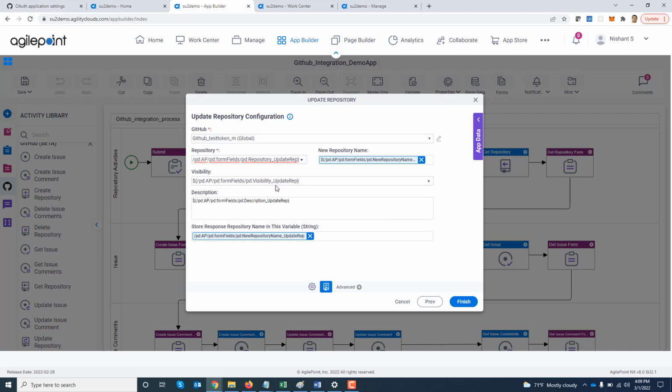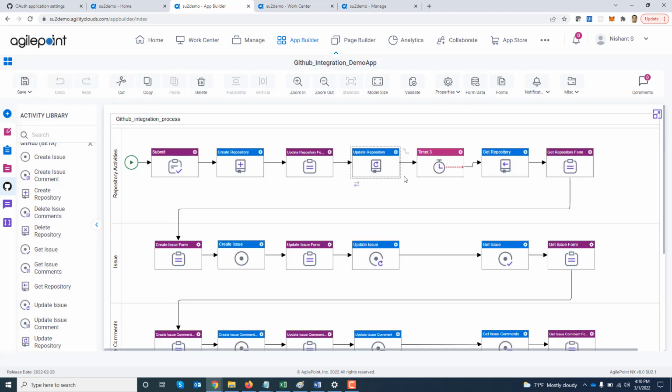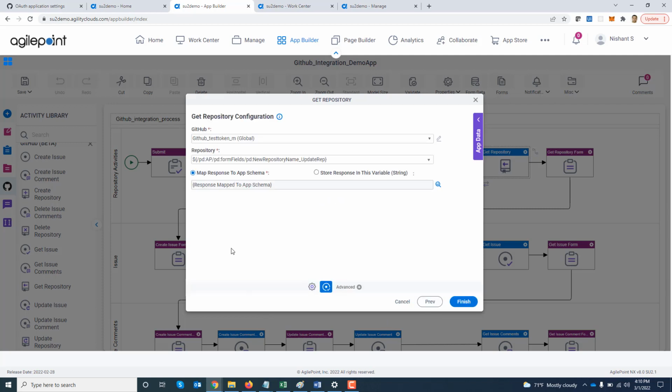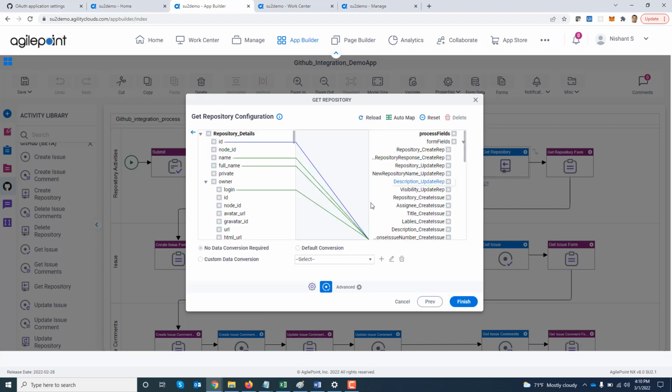I'm going to go with variables, which I'm going to enter through my forms. Now, once that is done, I'm going to read the information from the repository, such as the repository URL, repository ID, some of those kinds of things. So I have a get repository activity. I can connect to GitHub, provide the repository name, and then whatever is the response value, it gives me a whole